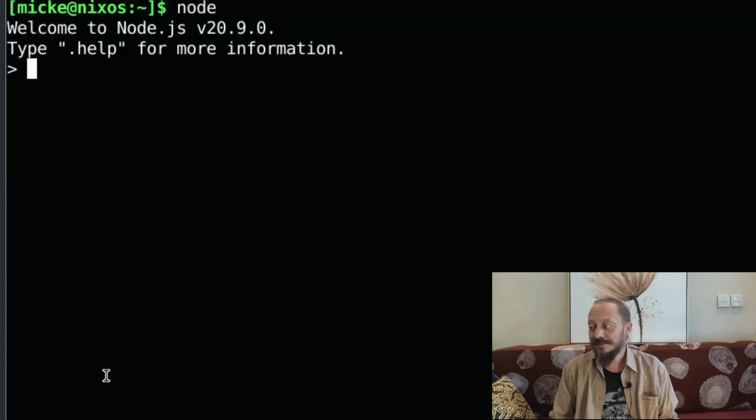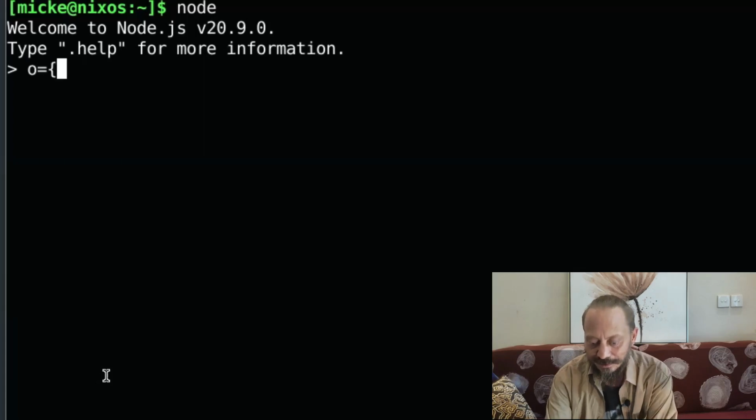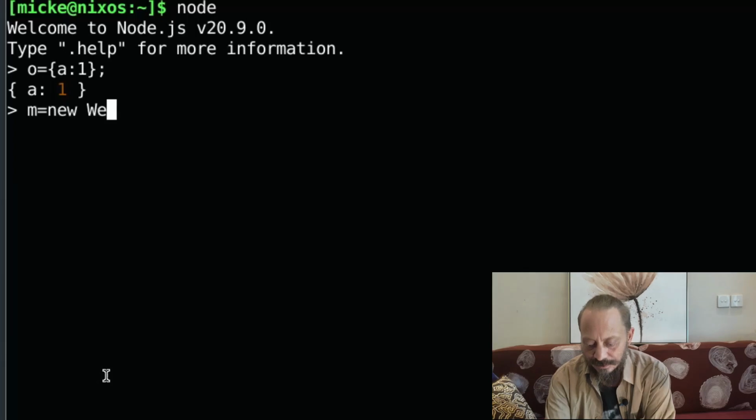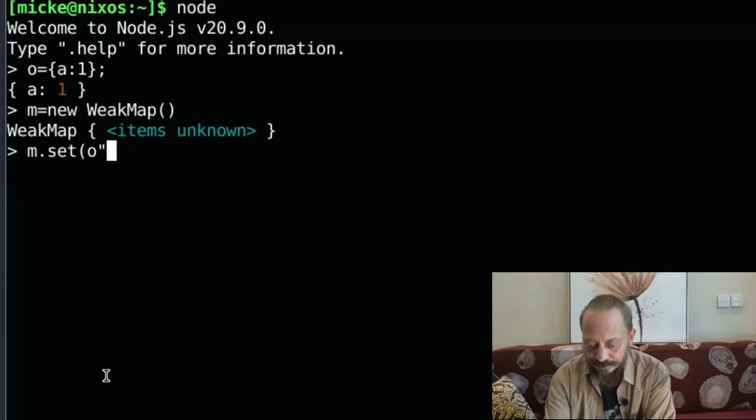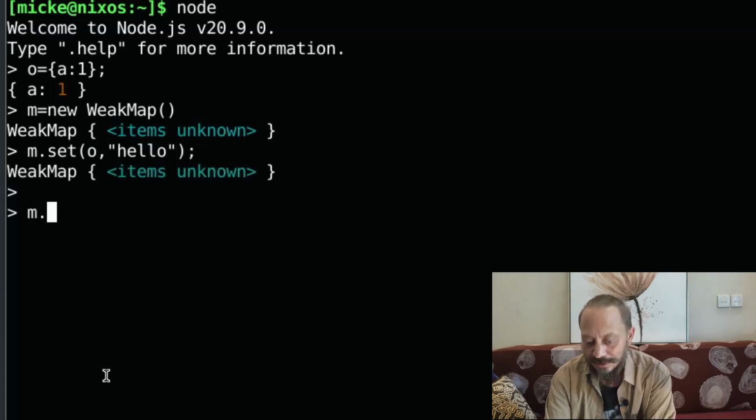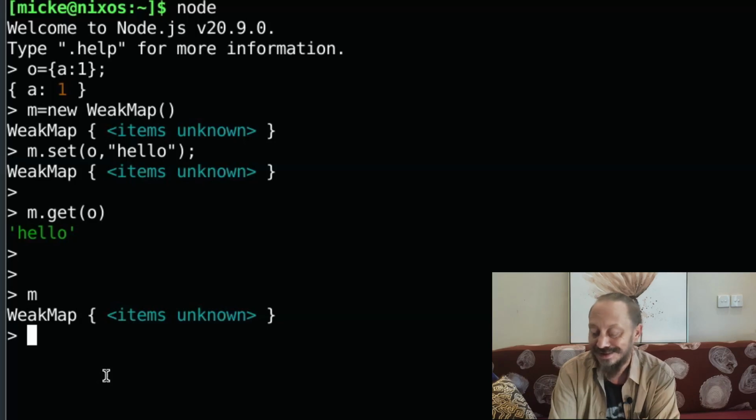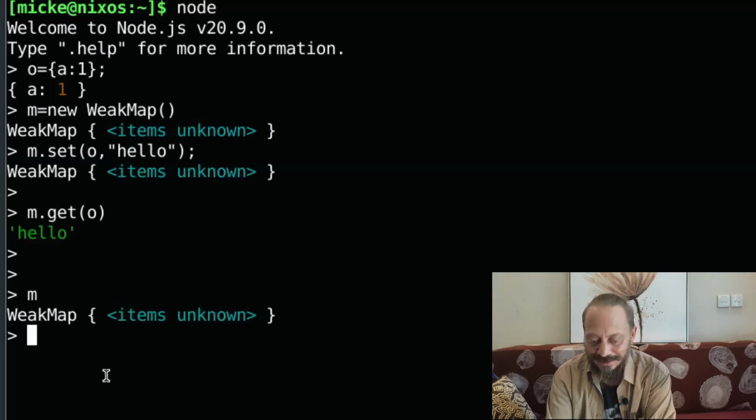So now I'll do the same thing, but I'm going to use a weak map instead. So create an object, and then I can do get, and that works. Well, it's interesting to look at m. Now it doesn't tell us what's in there, but now if I do that,